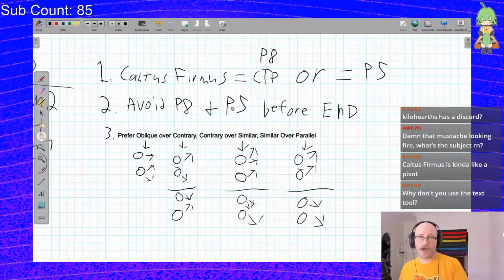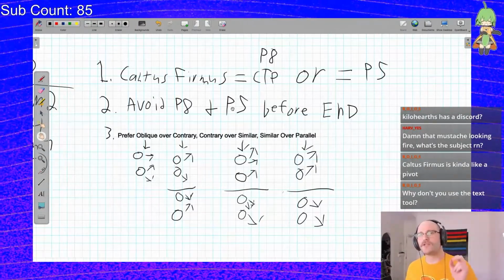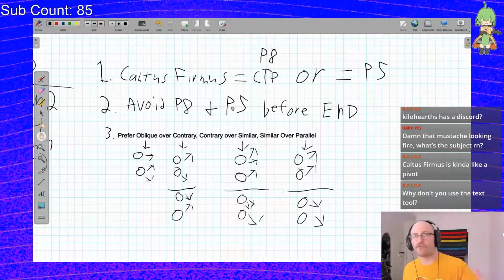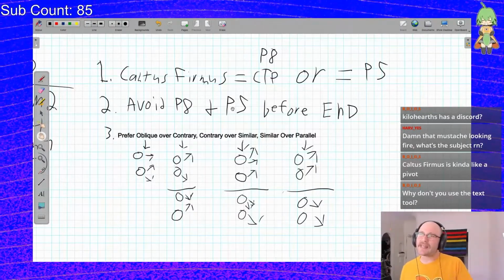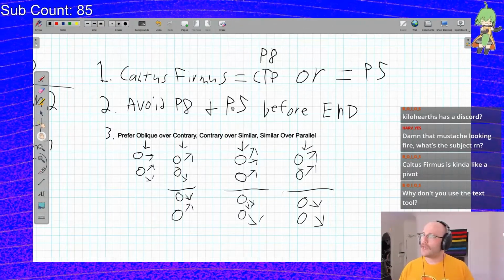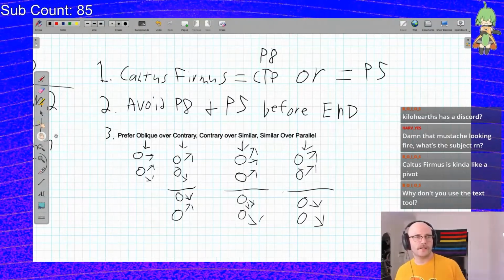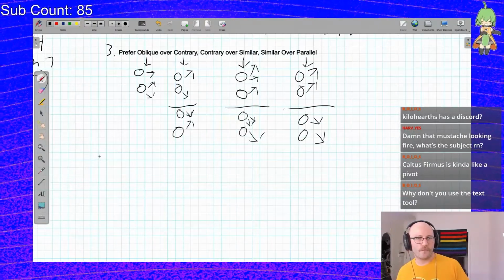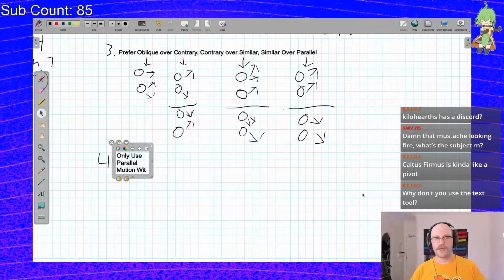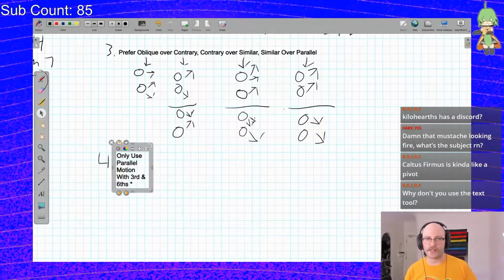If you like that sound, you're allowed to use it in your own writings. Again, I want to stress this. All of what we're talking about is just focused on trying to sound like we're making music from the 1500s in this Baroque era style of counterpoint. They didn't like that. They wanted the independence of voices. Now, with that being said, when can you use parallel motion? That'll be checkmark 4, where on 4, you can only use parallel motion with thirds and sixths with an asterisk. And I'll talk about that asterisk in just a second.